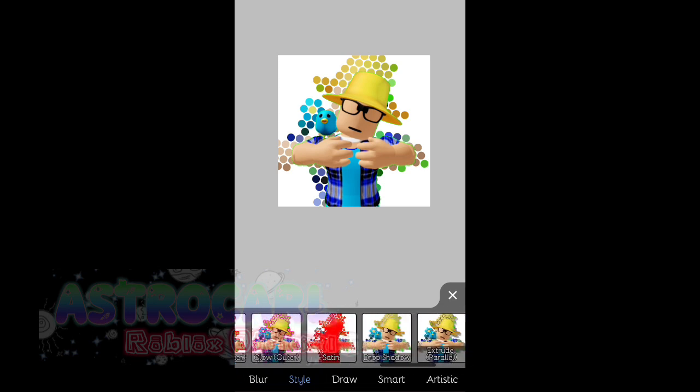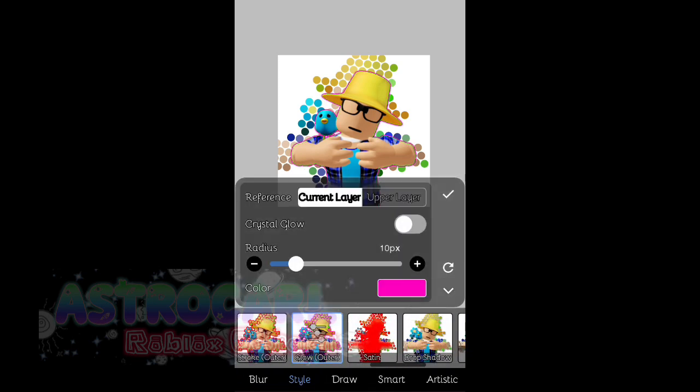Choose glow outer. As you can see, if you disable the crystal glow, the entire glow is just inward.